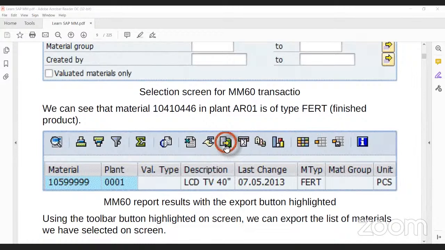The highlighted red round mark is for when you want to output this data in an Excel sheet, Word format or PDF format. This can also be done easily by SAP. This is the icon which you will use. Once you click it,